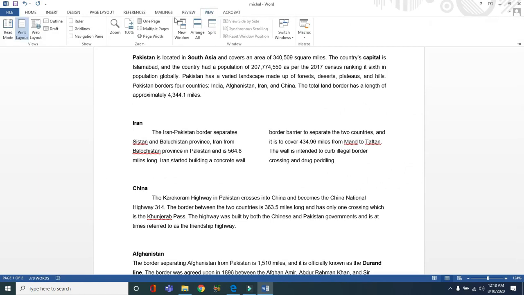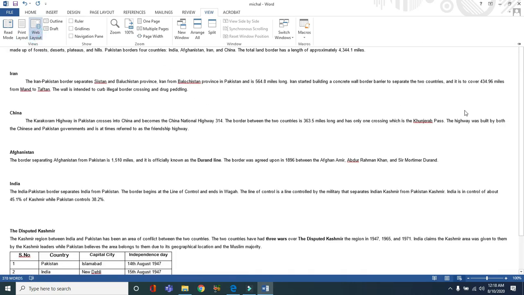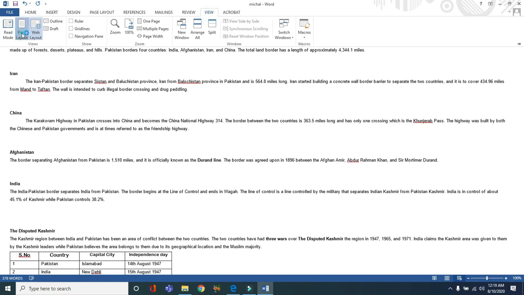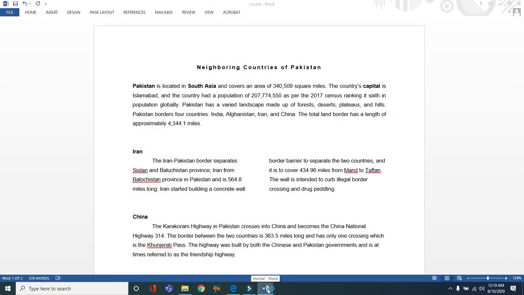Here I will go to the view option. This is print layout mode. This is already print layout mode, and now we have to see the web layout mode. Do you know how it looks like? Yes, it looks like just a website. Just click on it. As you have seen many times on the web, this is a web layout. Now we will click on the view option again and we will go back to the print layout. Hope you understand how you have to view our documents in different ways.